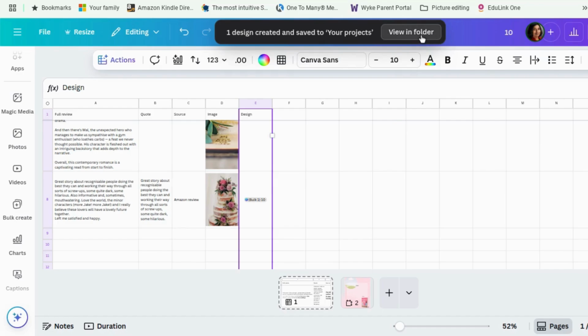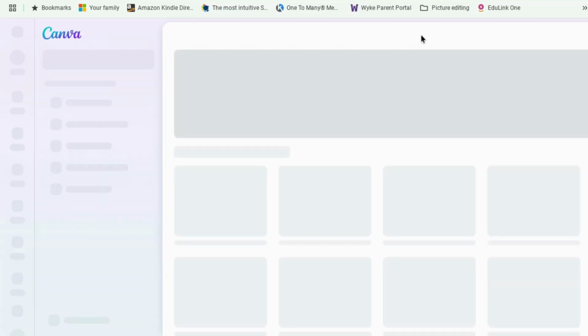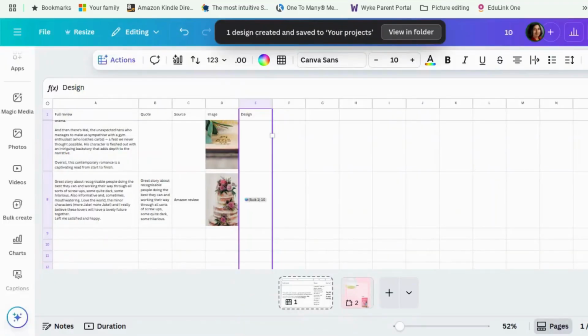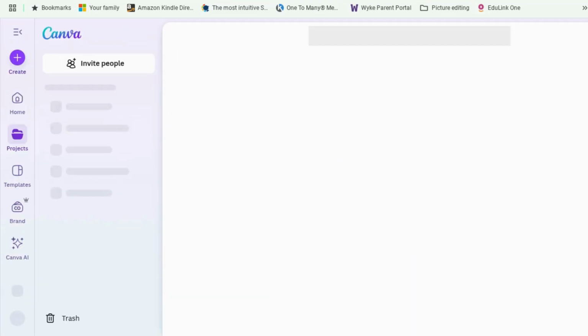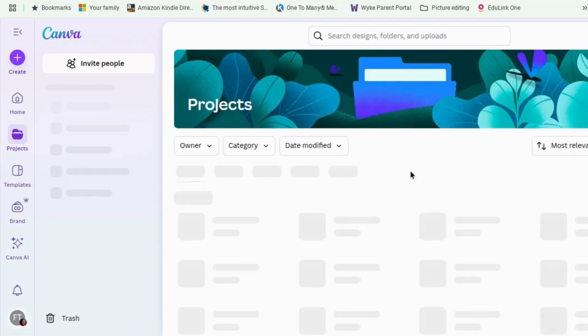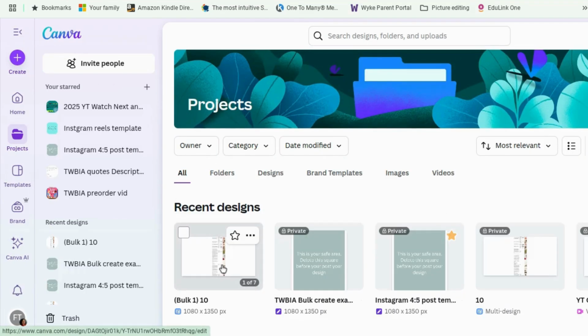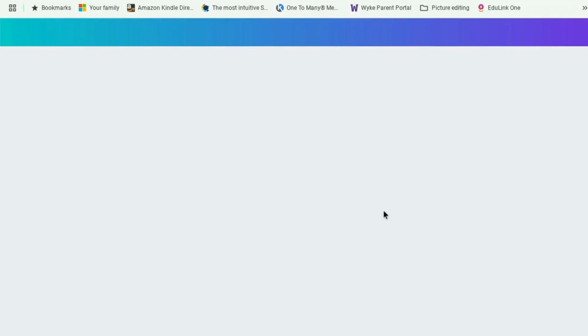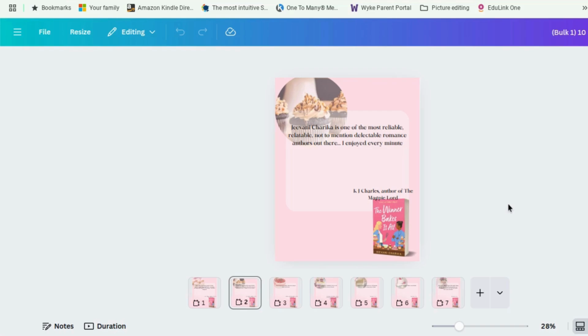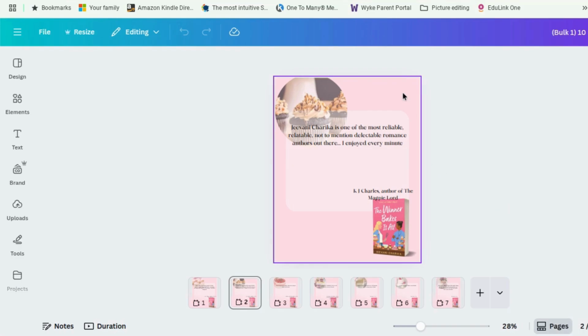One design created and saved to your projects. Let's view folder. So what it's done is it's actually just linked it there. So if you click on that, it'll take you to this thing. So it took my original template